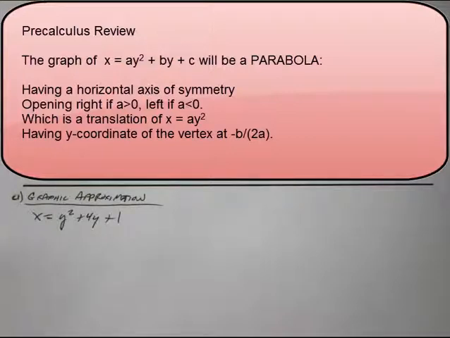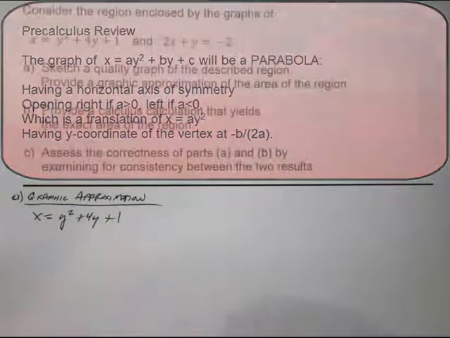We should expect the graph of this to be a parabola. It should have a horizontal axis of symmetry. It will be a translation of x equals y squared. It will open to the right, and we can even formulate the y coordinate of the vertex, similar to the other generalization, except now it's for y, and that will be negative b over 2a. So we start recording that,